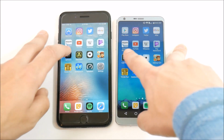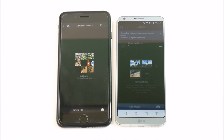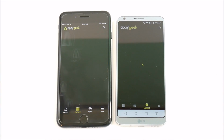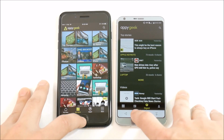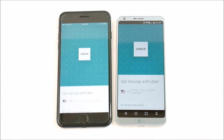And let's go into Lightroom. And you can see, I'm going to go not now here. iPhone 7 Plus would have won that one. Let's go into Appy Geek. And the iPhone 7 Plus. So you can see that the G6 does load quite a few applications faster than the 7 Plus right there